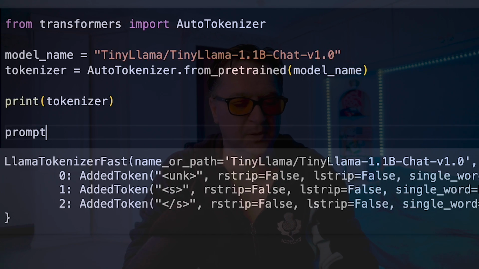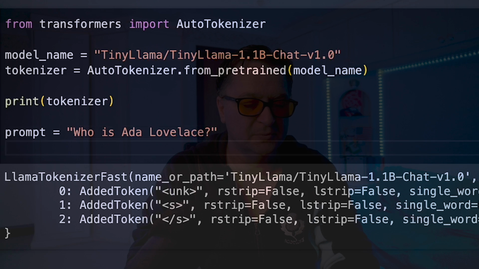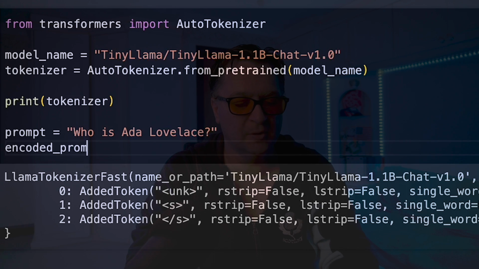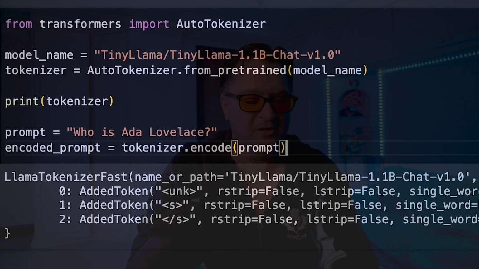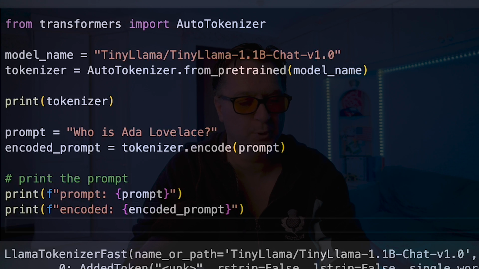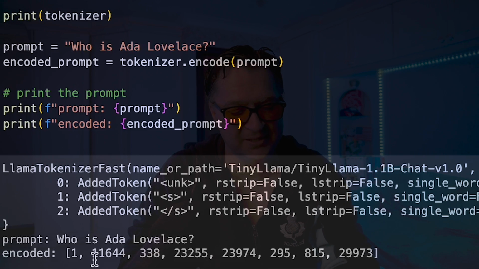If I wanted to, I could actually encode the prompt myself. So I could just type in prompt equals "who is Ada Lovelace", which was exactly the question we asked a second ago. And then I'm just going to have a new variable called encoded_prompt, and then I'm going to call tokenizer.encode, and now I'll just pass in the prompt that I want to encode. And then of course I can even print it out, so we'll print out the prompt and the encoded version. And again, you see who is Ada Lovelace, and it comes back with